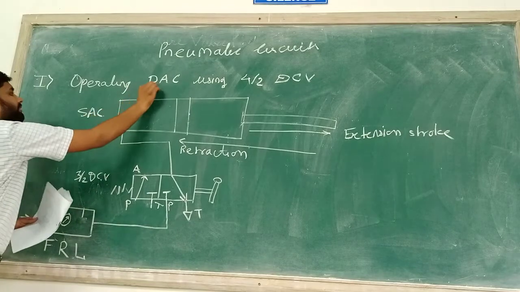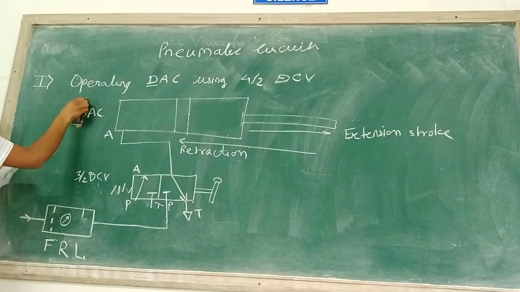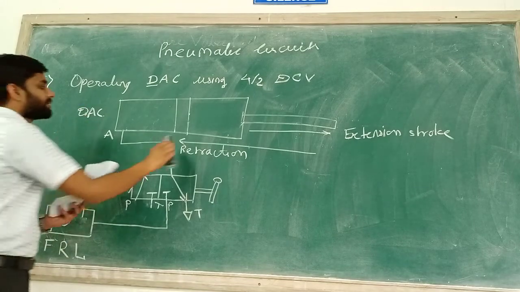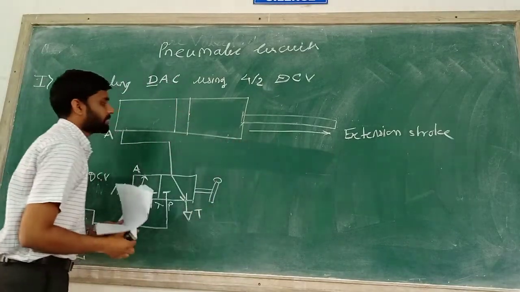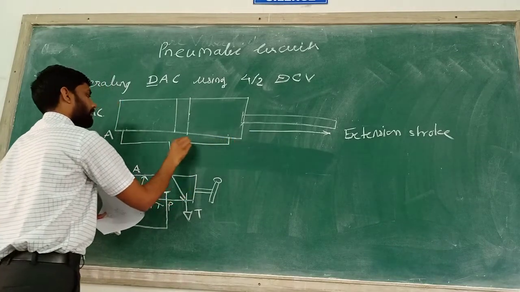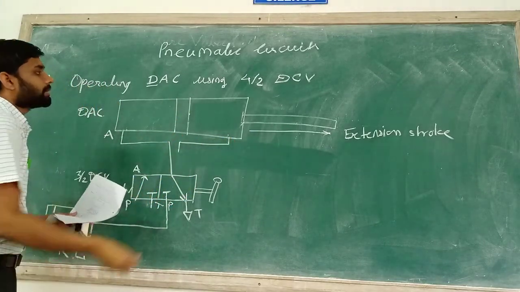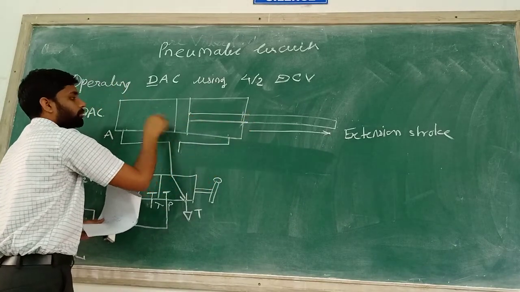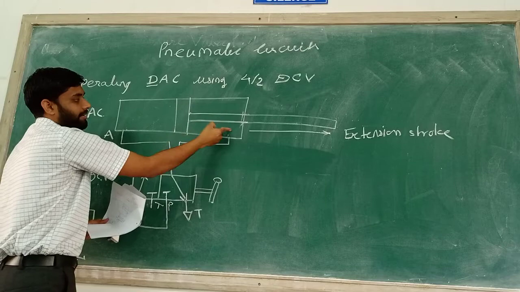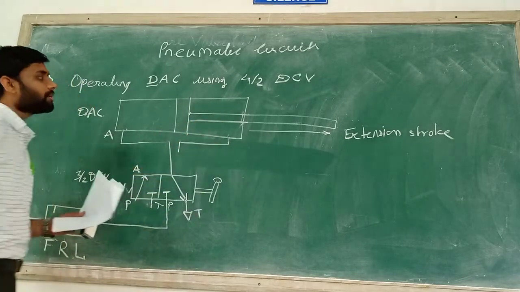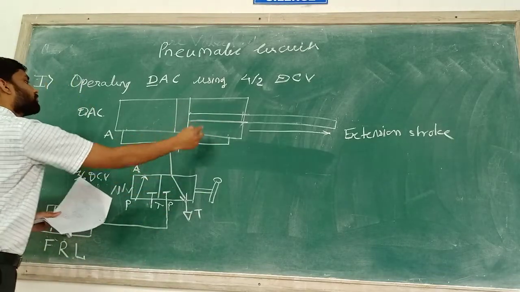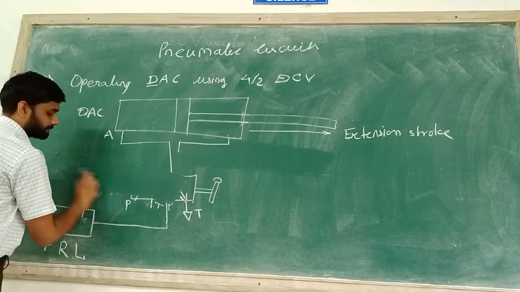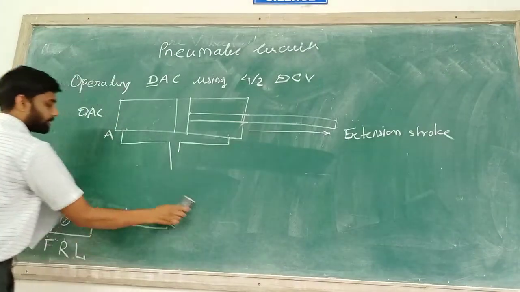Here we are going to use this double acting cylinder, and you know for this double acting cylinder, the entry of oil is present on both sides of this piston, and the spring is removed here. So this piston moves in the extension and retraction stroke by the action of the oil, and oil is present on both sides of this piston here. Okay, now we need to draw this 4/2 direction control.